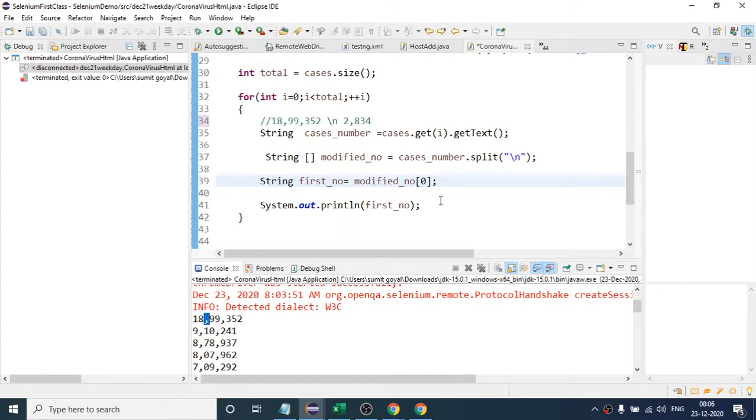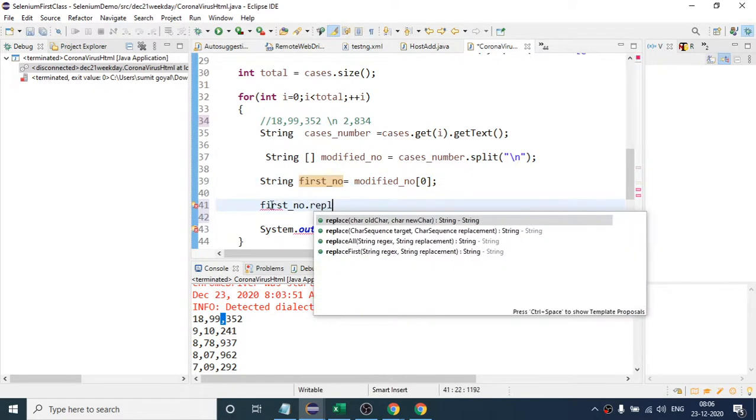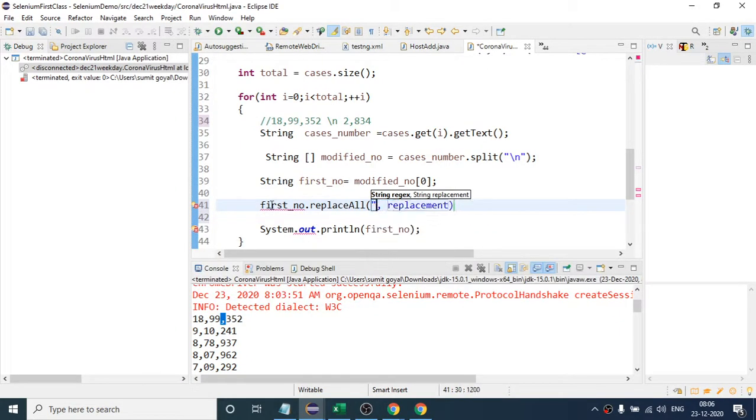If I write one simple line, again I will use Java. So here I will have my actual number, but the number will contain a comma. So if I write first number dot replaceAll, that is one method. Here I am saying that in this number, replace all the commas. Inside double quotes I will say replace all the commas with this.